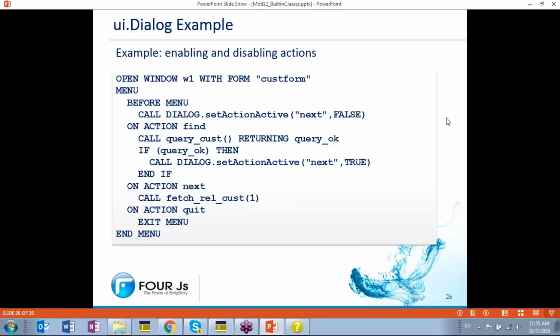All right, so here is a good example of using the UI.dialog methods that we've been talking about. Here we're opening a window, W1, with a form. Here's our menu interactive instruction. Now, what we don't see is up here somewhere there's the word dialogue, and then we've got the words end dialogue somewhere down here. We just don't have room on this slide to show it. So right here we've got our menu statement, and then we have a before menu control block where we're calling this method,